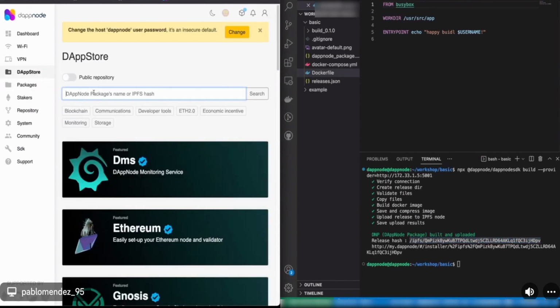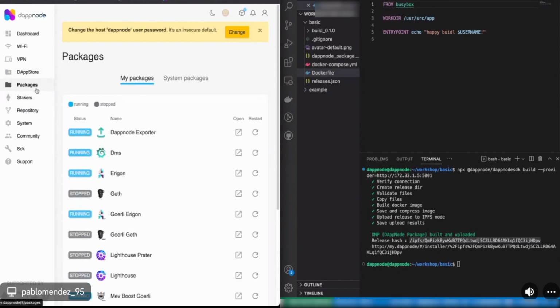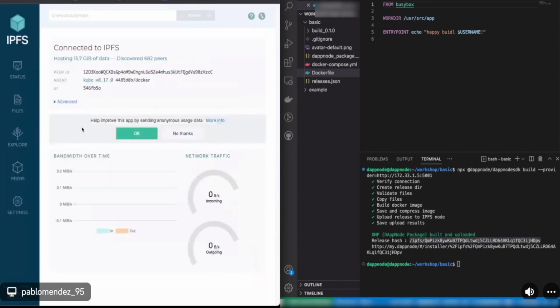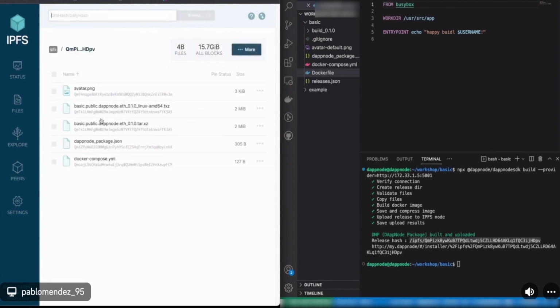But before doing that, I'm just gonna show you, I will go back to this IPFS UI of my IPFS node. I will paste here the hash, and this is the content that has been uploaded to my IPFS node.